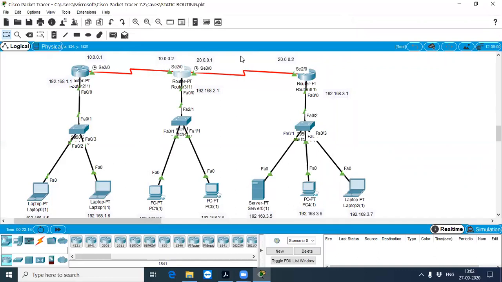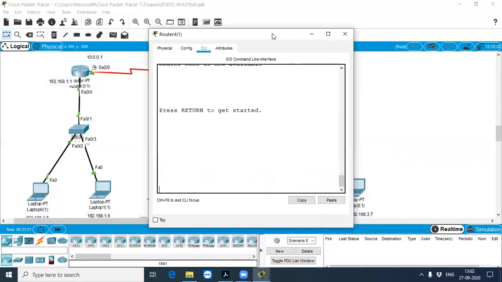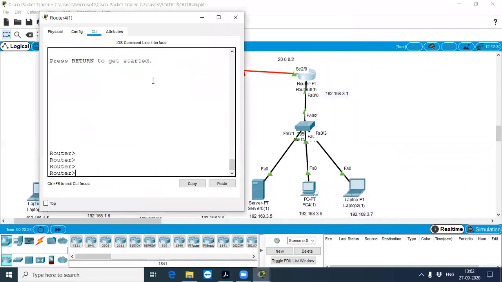Now I'm going to configure the third router. Go to CLI mode. What is the command? Since this router is already at the greater symbol, I can type my command directly. Configure terminal.